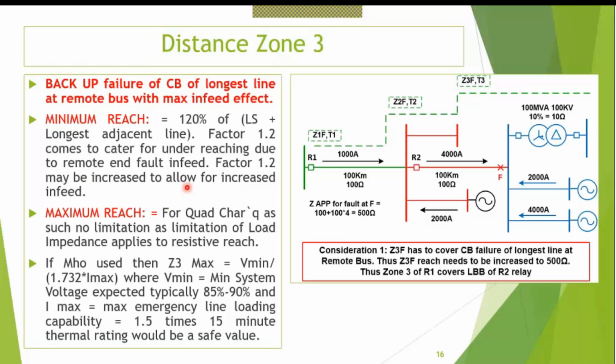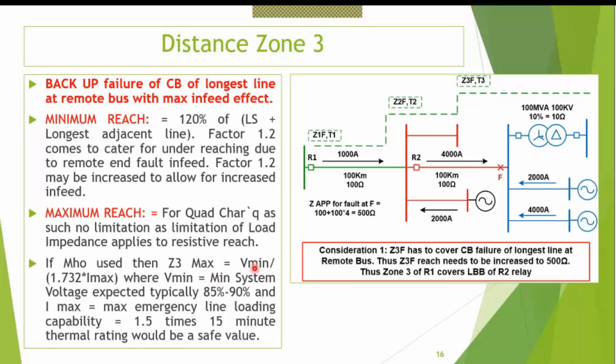The maximum reach for quad characteristic is not a big limitation, since the load impedance applies only to the resistive reach. For the mho we have a limitation, because in the mho the resistive reach cannot be set independently. So over there, if I have a very high zone 3, then what will happen, the line might trip for normal load. So over there, the maximum zone 3